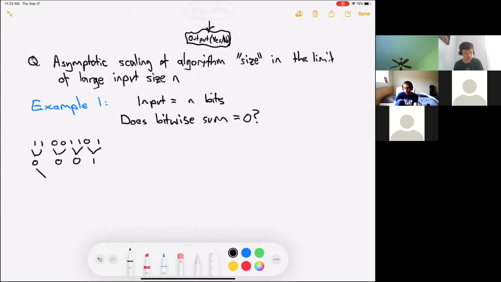Okay, and then we could add up these two, 0, these two, 1. Finally, add up these two and get 1, right? So we solved that, but how many additions have we had to do? Well, we had to do 4 in the first row, then 2 in the second row, and then 1 in the third row. So we had 8 originally, so we've had to do n minus 1